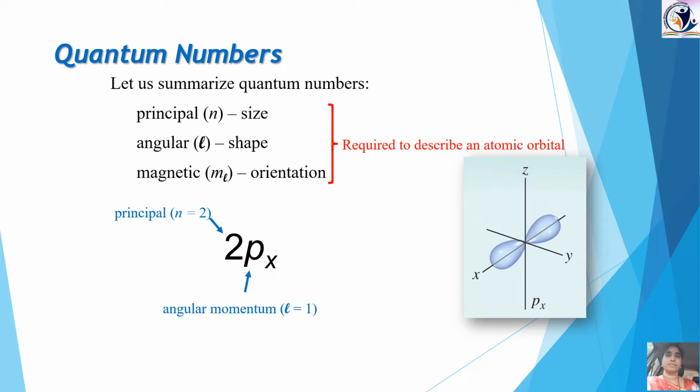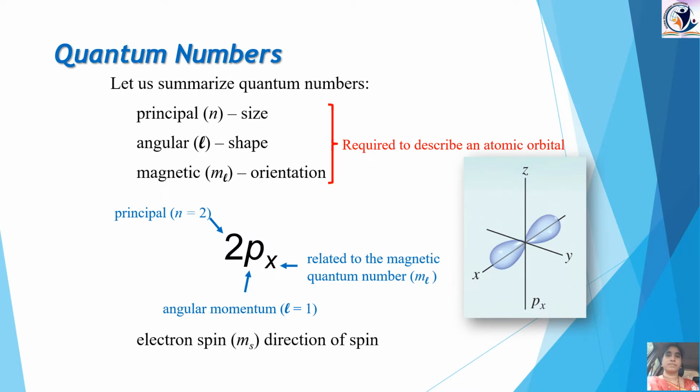Then the angular quantum number l equals 1. l equals 1 means the angular momentum quantum number has the value 1, which means the electron is in the p orbital. p has 3 degenerate orbitals, right? Px, Py and Pz. In that, it has the x, which means it will be in the place of x. This x is related to the magnetic quantum number ml.